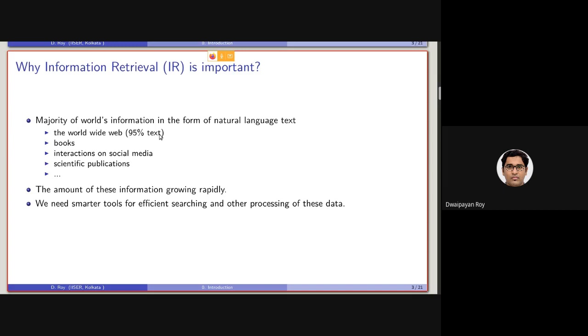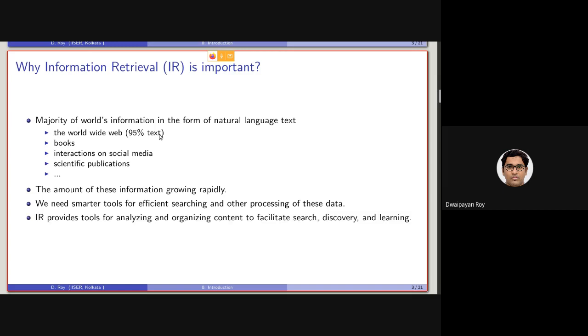We need some kind of smart tool for searching that vast amount of information that is being generated and ever growing. We need a smart tool to process that data to predict some future things, like a future stock market uprise or similar scenarios.